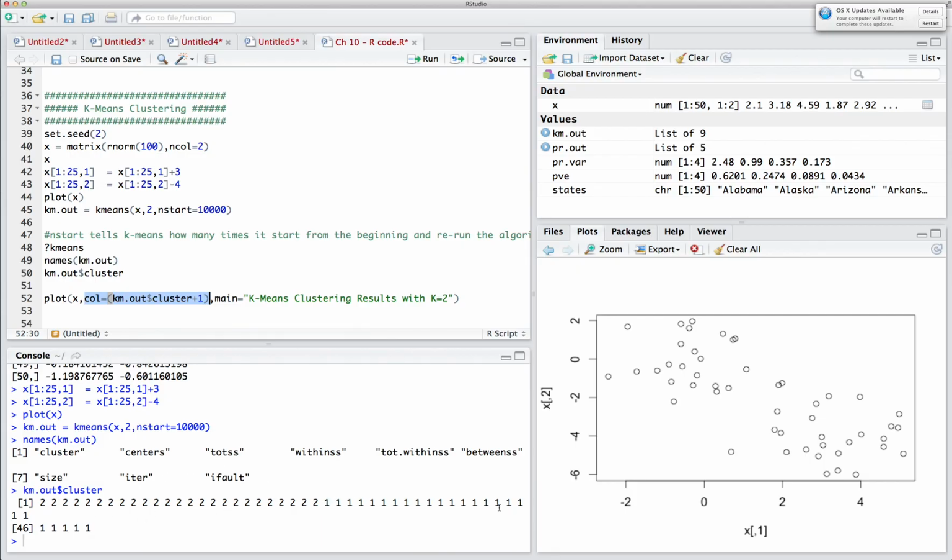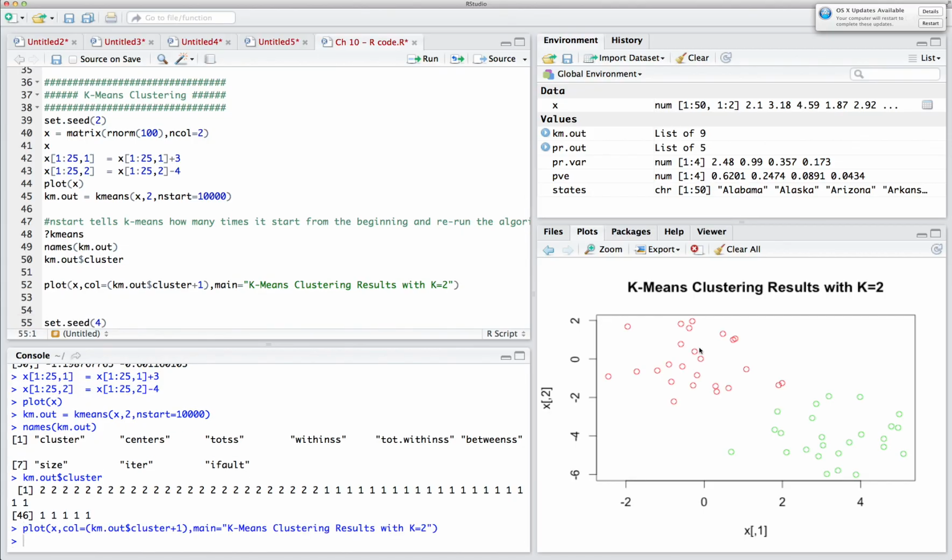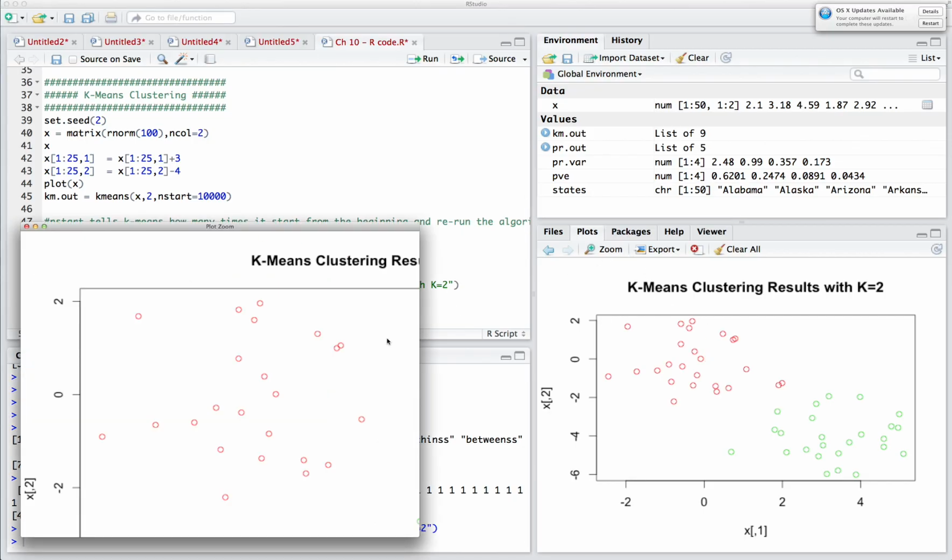And for the last 25 observations, we assign color 2 because that is 1 plus 1, which is 2. And here we just want to add a title, and for that we just use main. So let's plot that. And as we can see, we see this beautiful clear-cut